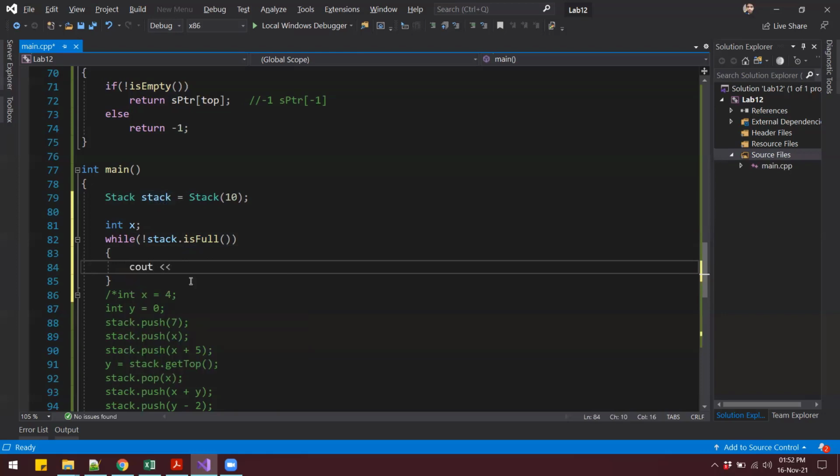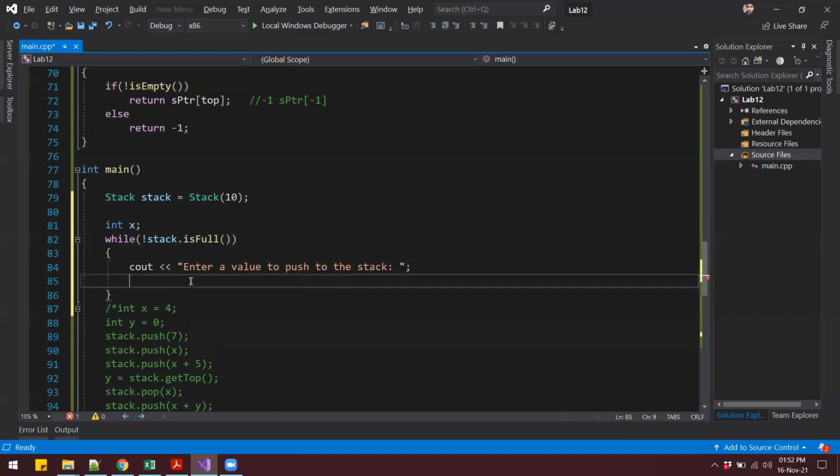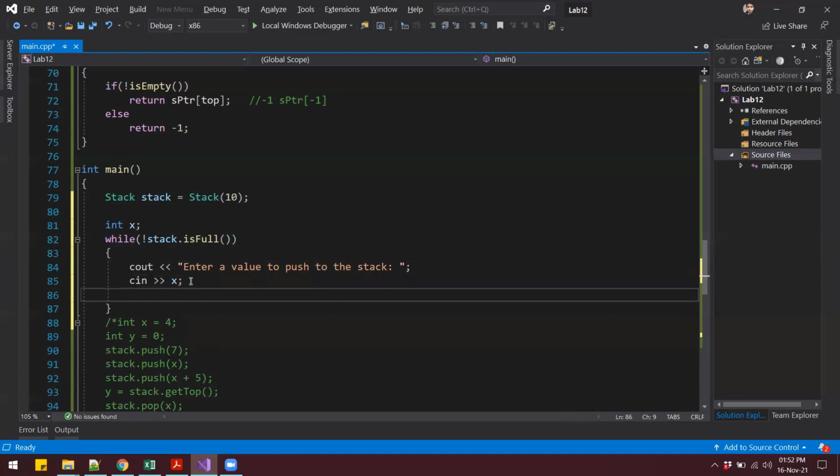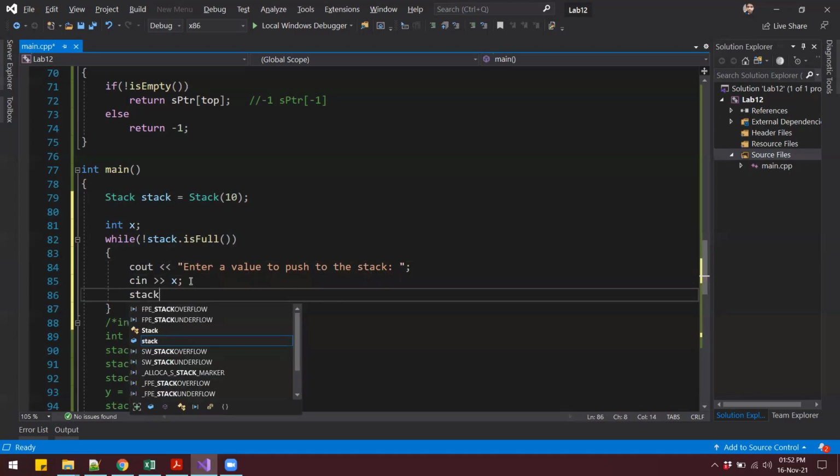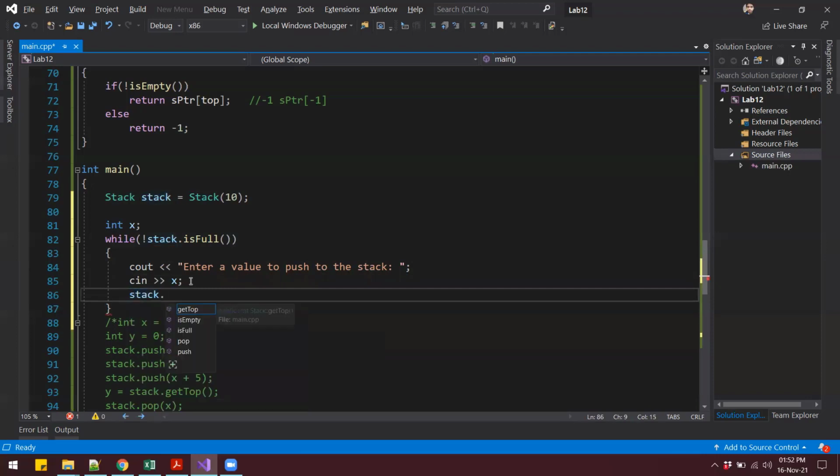So in here I can say, enter a value to push to the stack. The user will enter a value that we are going to read into our x variable, and then we are going to push the data onto the stack. So we can say stack dot push, and we will pass the value that the user has entered.